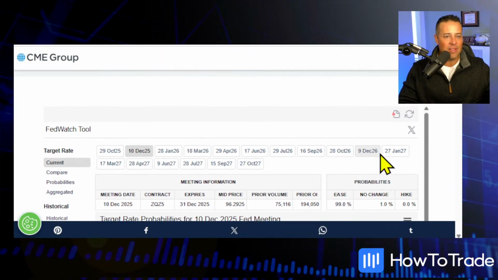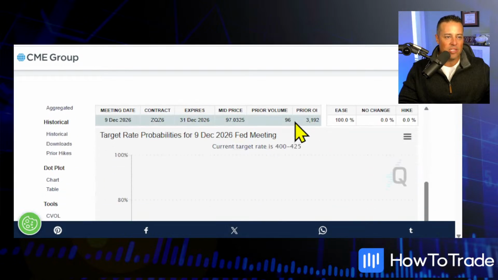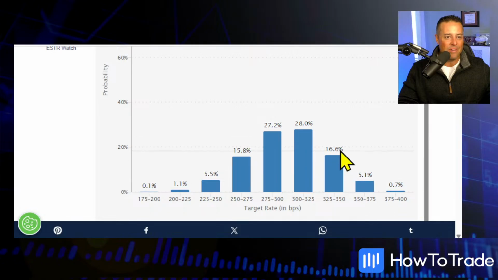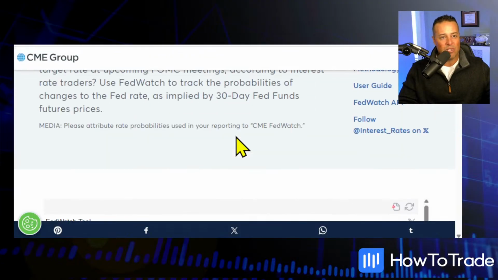Let's do something like this, though. What are they pricing December of next year in 2026? Where do they think that interest rates are going to be? Now, that's just a basic bell curve. When you see a bell curve, it means we don't know anything but 2.75. So I would say we're an odds-on favorite to be under 3%. This is what the Trump administration wants. Can we take it out any further?